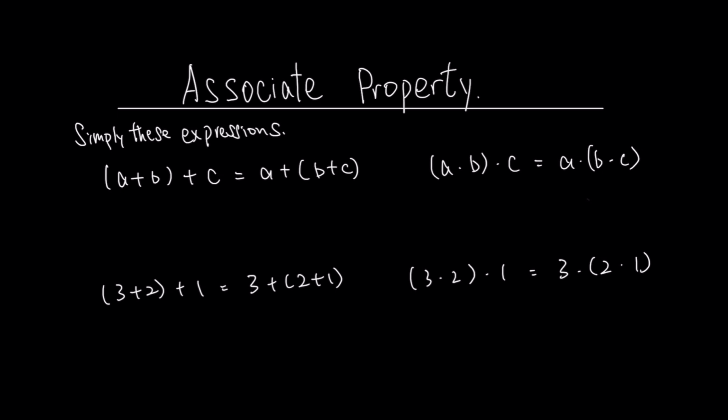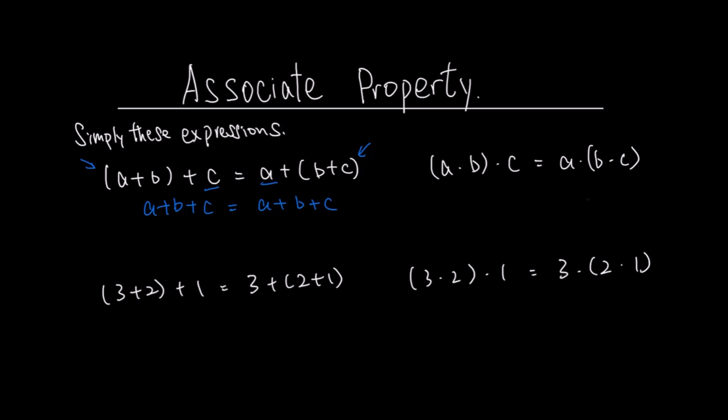So let's take a look at the example in the left-hand corner. We have a plus b plus c. The associative property tells us if we group together a plus b and then add c to the result of the group, we will get the same answer as grouping together b plus c and then adding a to the result of this b plus c group. In other words, no matter how we have grouped it, we are still going to end up with a plus b plus c on the left and a plus b plus c on the right. They are going to be equal to each other.